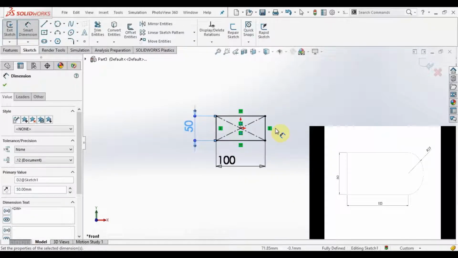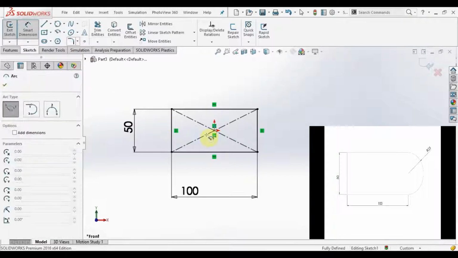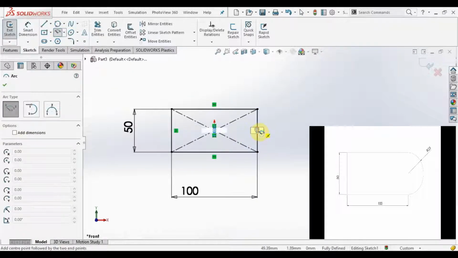Yes, and for making the radius of 25 mm, select center point arc or 3-point arc, whatever you want. Let's say I want to select a center point arc. Select my center point, then my second point, and my third point. Right click and okay.